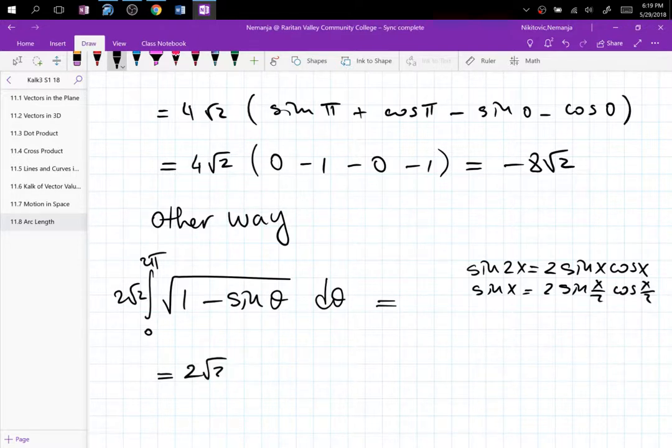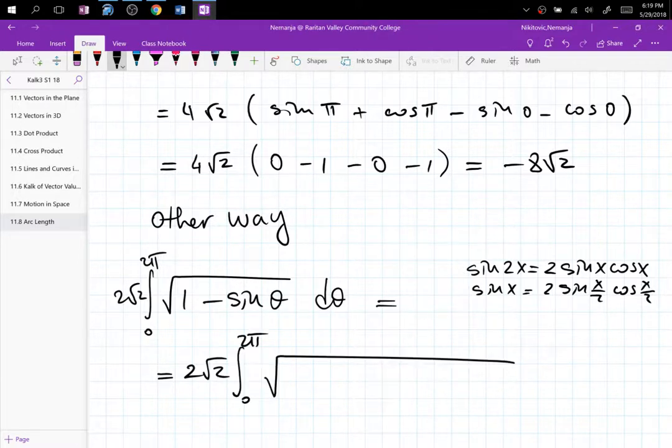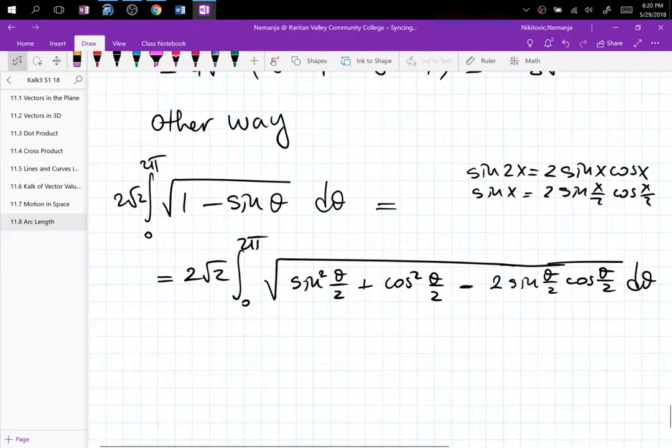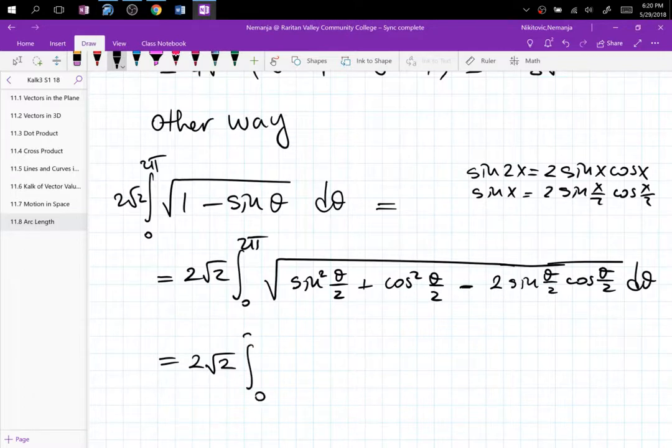So 2 root 2, 0 to 2 pi, instead of 1, we have sine squared theta over 2 plus cosine squared theta over 2, and then we have minus 2 sine theta over 2 cosine theta over 2. So now all of the arguments are theta over 2, so that will collapse into a perfect square